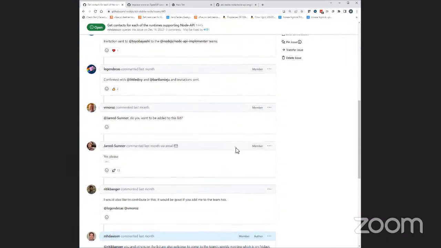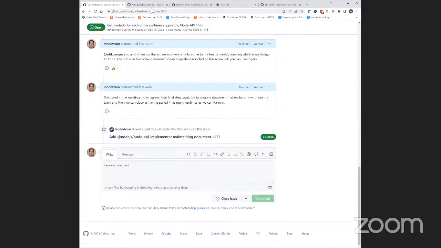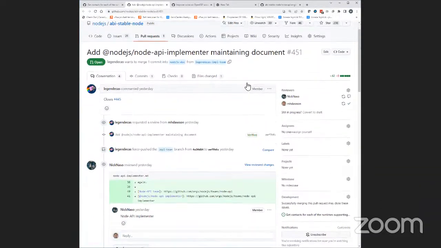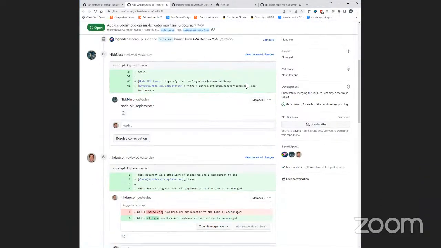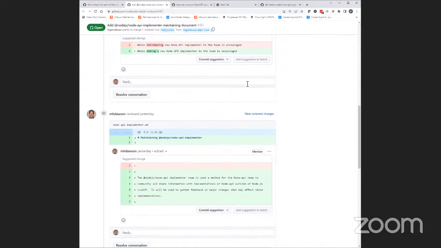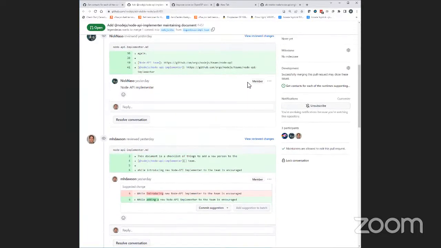We have documentation on maintaining the team, and currently we didn't put strong constraints on whether a person is capable of joining the team. It's simply that the person has a public Node API implementation available and is a maintainer of the implementation. That's all we need for a person to join the team.